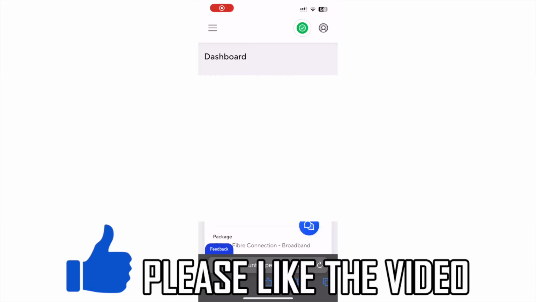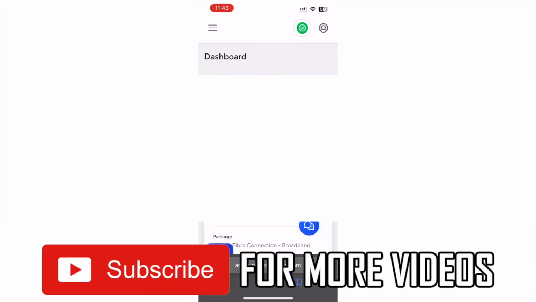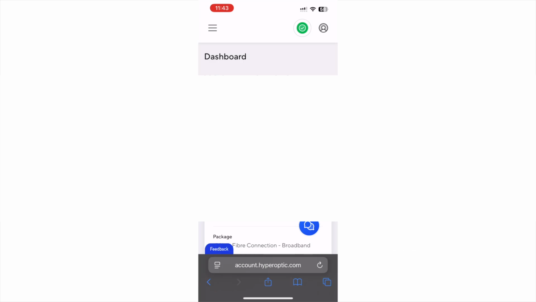How to pay Hyperoptic Bill. So you'll be able to do this using any web browser, whether you do that on your mobile device, whether that be your iPhone or Android, or you can go on your laptops or computers. All you have to do is go to